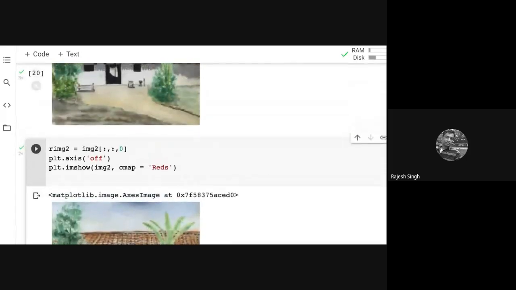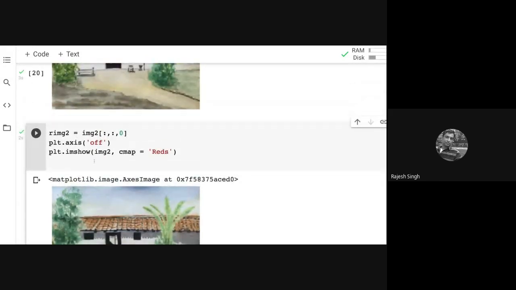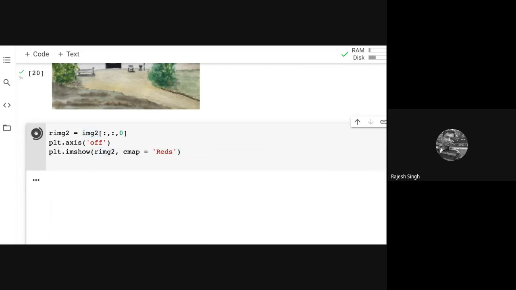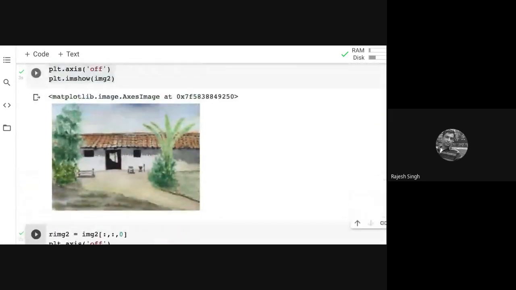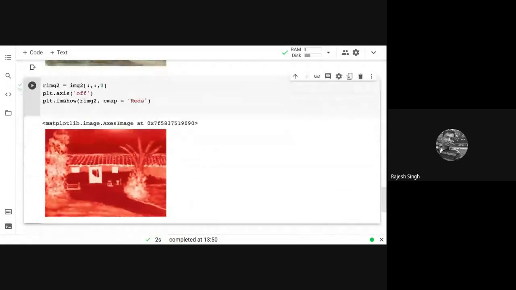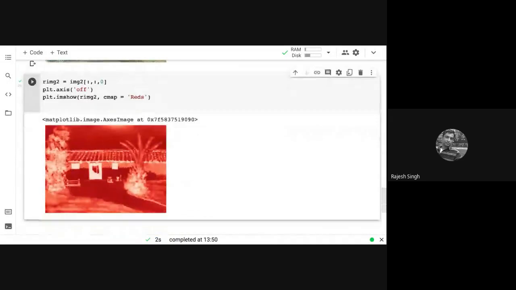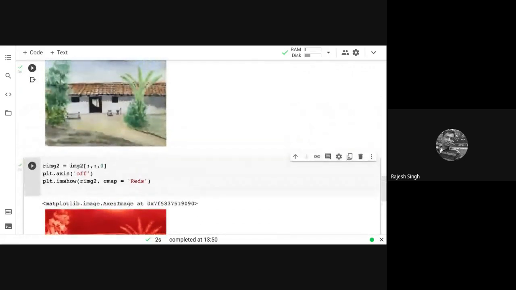Oh, where is it gone? Now you can see that this has extracted the red component of this image. Let me observe it very carefully to see if reds are there or not.